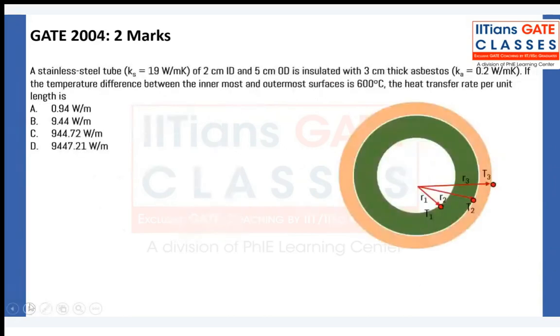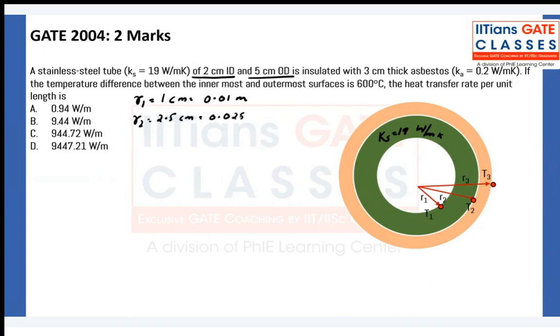A stainless steel tube, KS is this. So there is a steel tube whose conductivity is 19 watt per meter Kelvin and 2 centimeter inner dia. So R1 is 1 centimeter, or I can say 0.01 meter. Now, the outer dia is 5. So R2 is equal to 2.5 centimeter. So it is